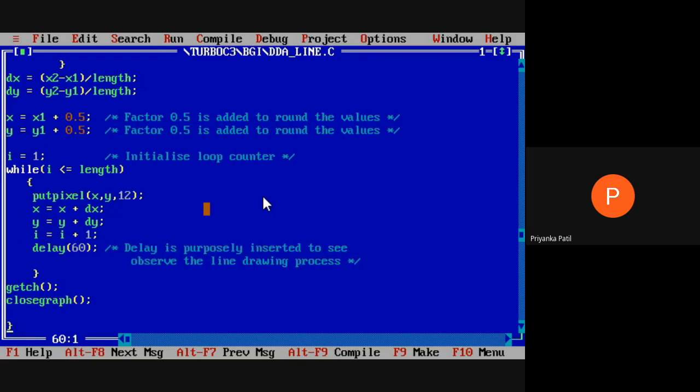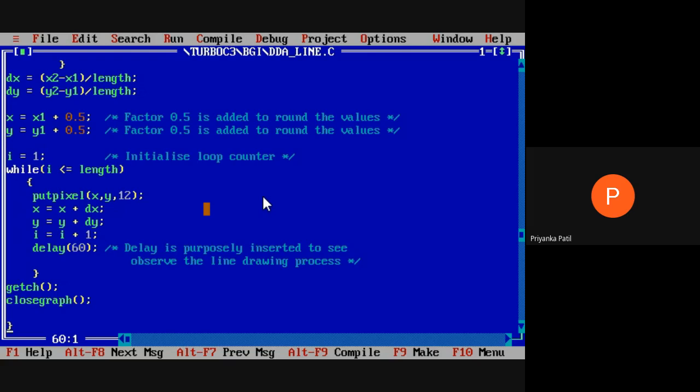So we can consider putpixel, because with the help of putpixel we can plot or put the pixel on the given screen, and with the help of this we prepare the line segment. Here we use the putpixel function, which has three parameters: x, y, and 12, which is the color code for the particular line or pixel.